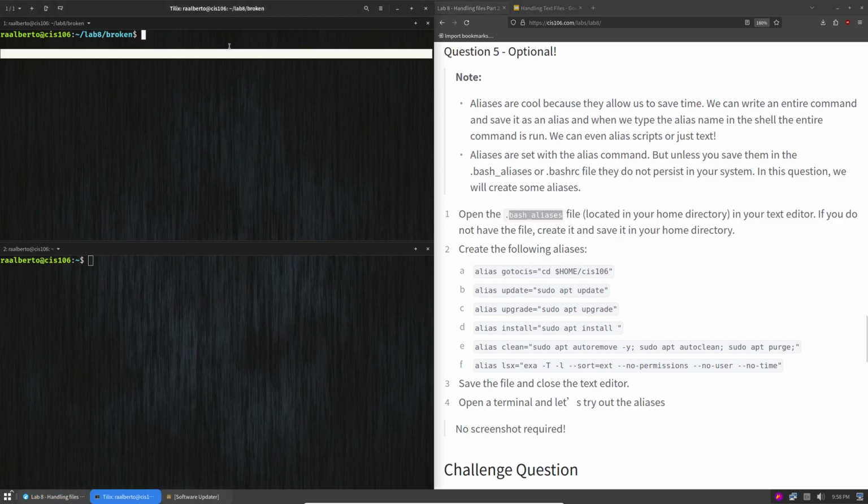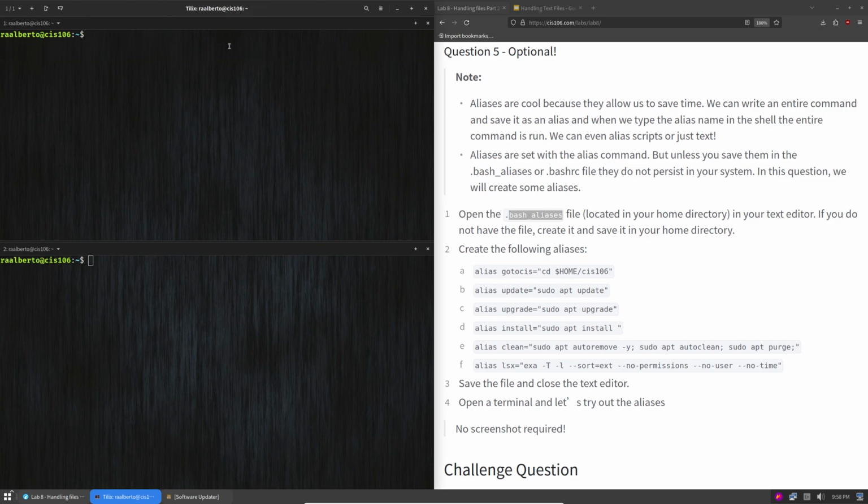So let me go home and let's show you the file. So I'm gonna do ls .bash*. So you see you have a file here called .bash_aliases. There is a line in the .bashrc file that references this file and loads the aliases that you have saved here to your system when you log in. So if you do, let's do cat .bashrc,